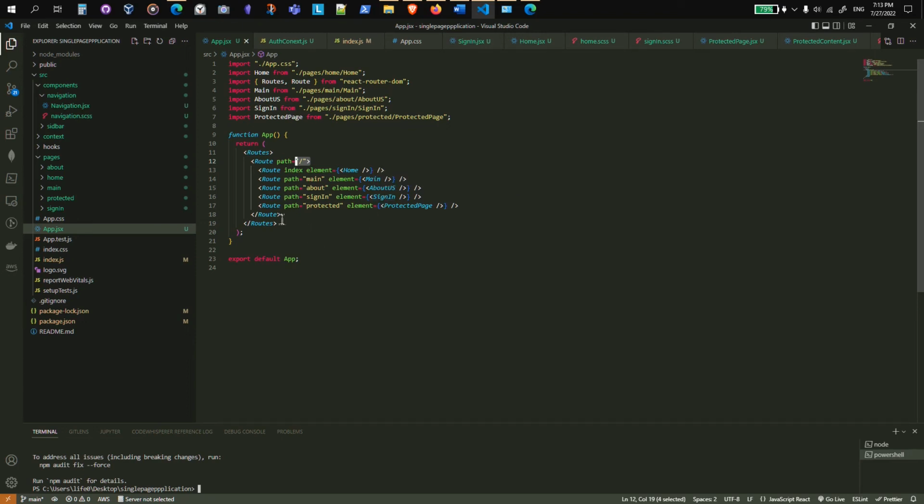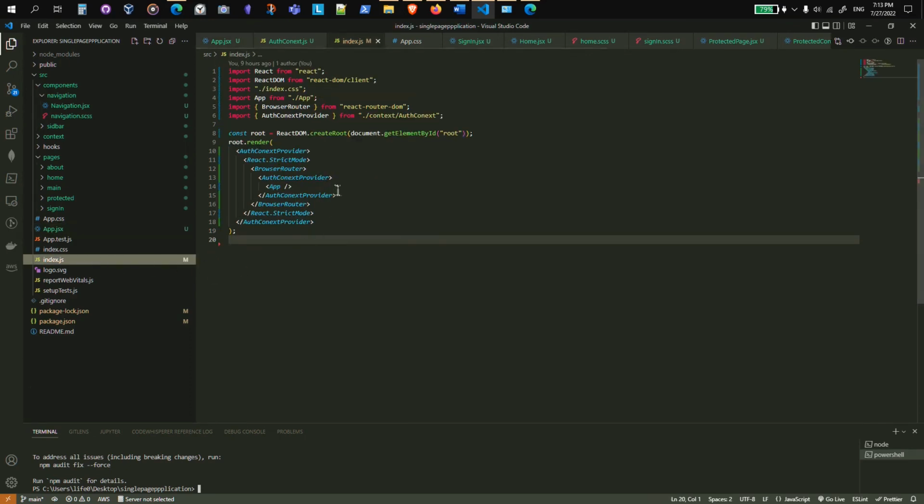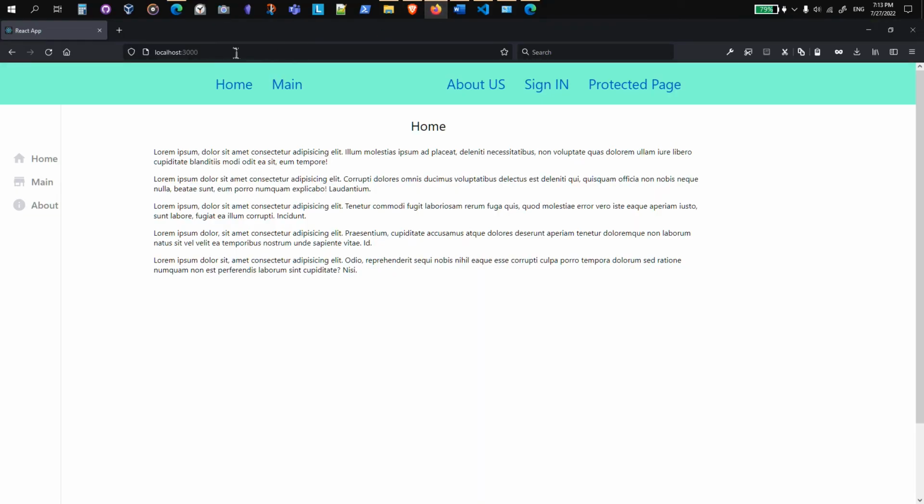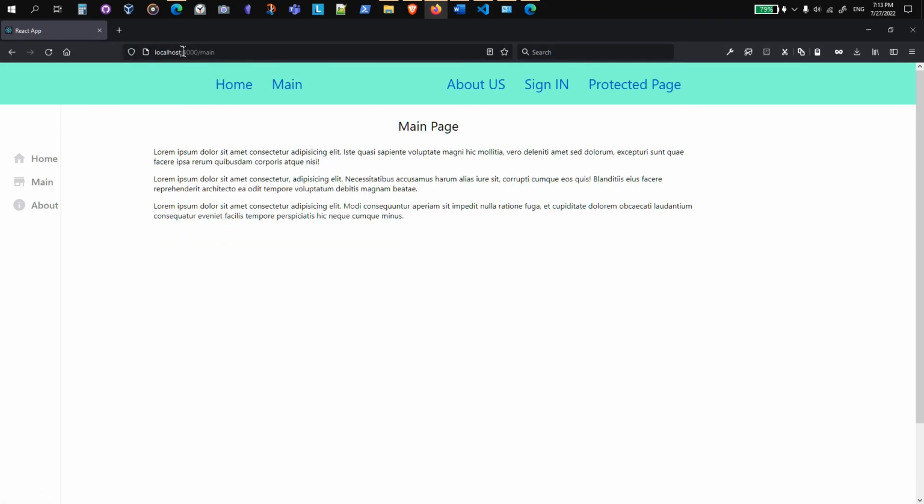For this one to work, we need to use one more component which comes with React Router DOM, which I have imported here, BrowserRouter. This one synchronizes the request and the UI. For example, here I have the URL. To synchronize the URL and the UI, we need to use